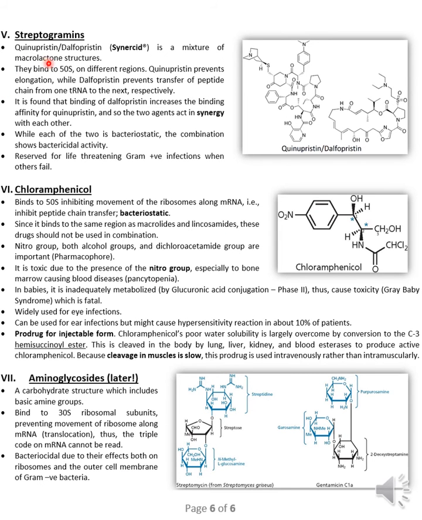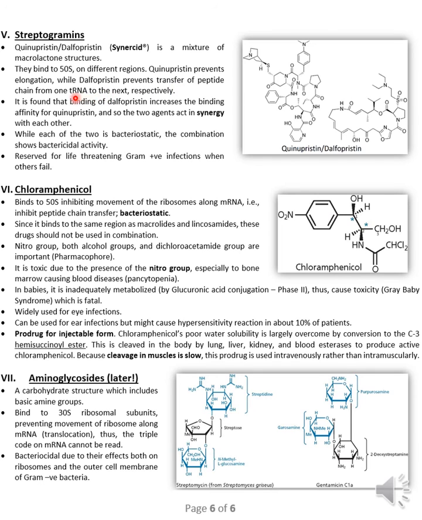The next class of antibiotics that inhibit the protein synthesis is called the streptogramins. Examples are the combination of two agents called quinupristin and dalfopristin under a brand name called Synercid, which is a mixture of these two agents. They bind to the 50S but at different regions. The quinupristin prevents the elongation, while the dalfopristin prevents the transfer of the peptide chain